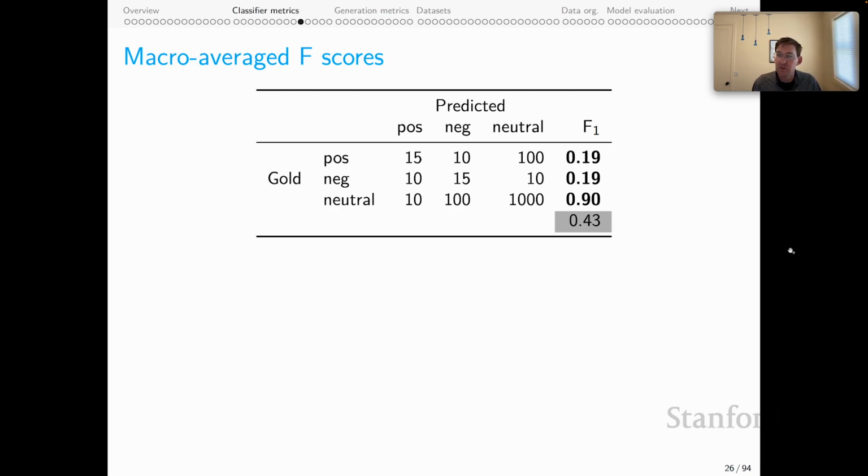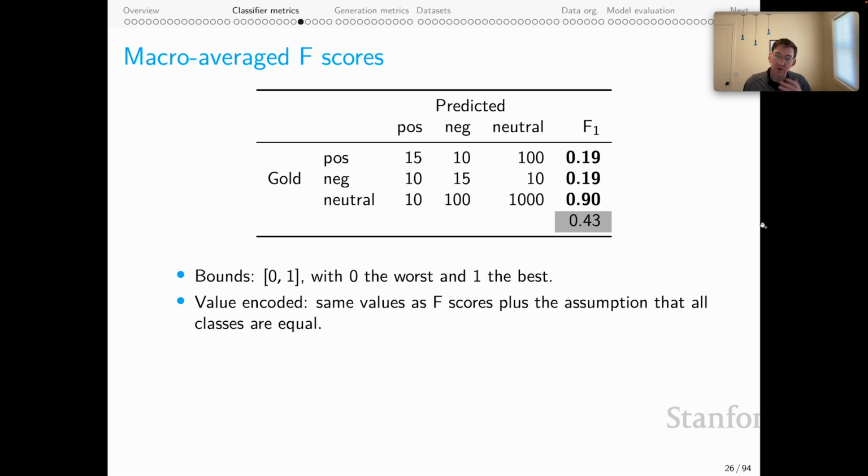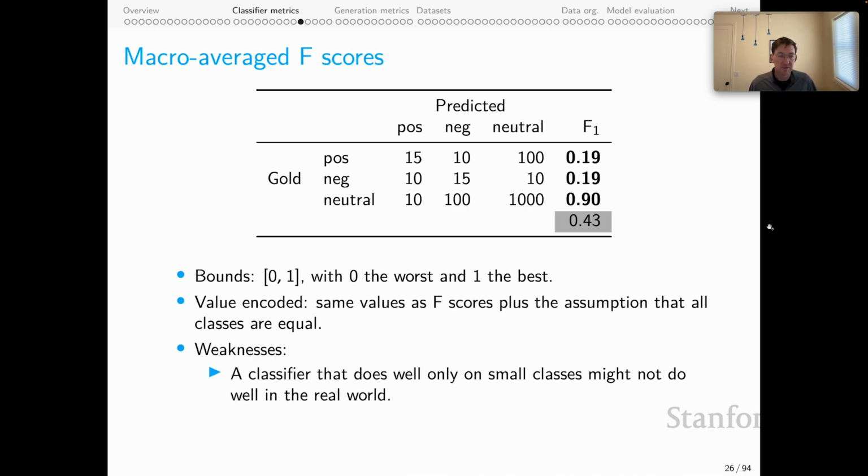The macro average is simply going to average across them numerically, so I simply do the average of these three numbers, so it gives equal weight to all three. Bounds are 0 and 1, 0 the worst and 1 the best. The value encoded is, as I said, same as F-scores plus the assumption that all classes are equal regardless of size or support. The weaknesses: a classifier that does well only on small classes might not do well in the